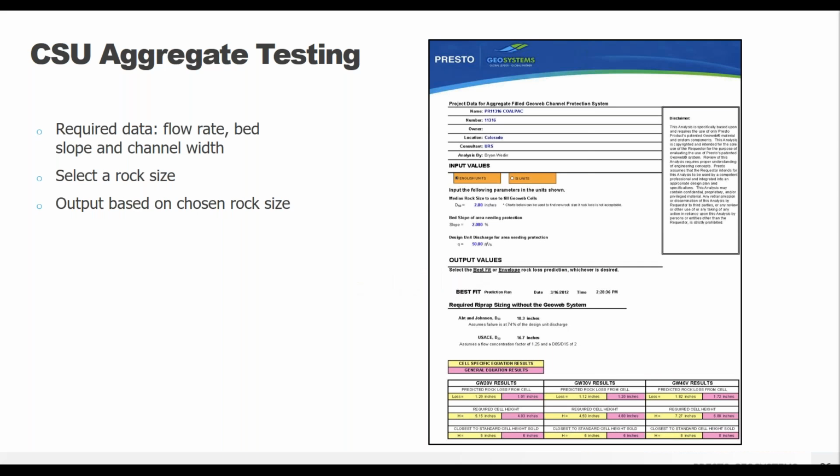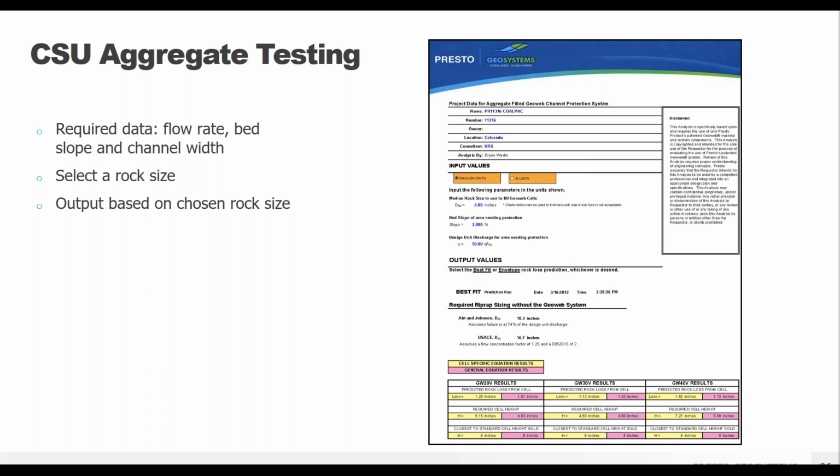And so Dr. Thornton put together a design tool for us based on a rather complicated regression analysis, but it helps compare the reduction in the crushed aggregate confined within the GeoWeb system to conventional riprap, so you can see what the difference is going to be. What it comes down to is that we can recommend the appropriate GeoWeb cell depth and rock size for a specific project so that you can be confident that the aggregate is not going to get washed away.